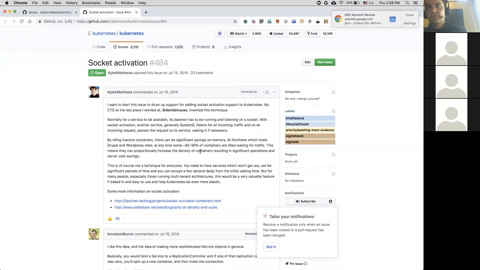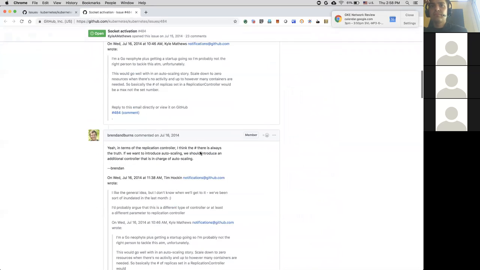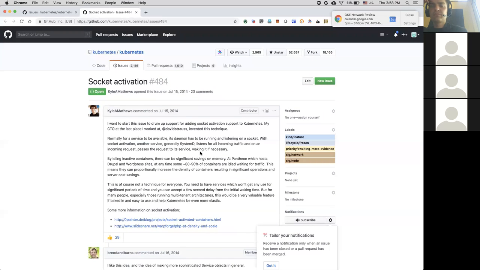So it's not particularly complicated, but unfortunately, the implementation is. All right, I think this also sounds like a feature request. It's like cloud functions kind of.